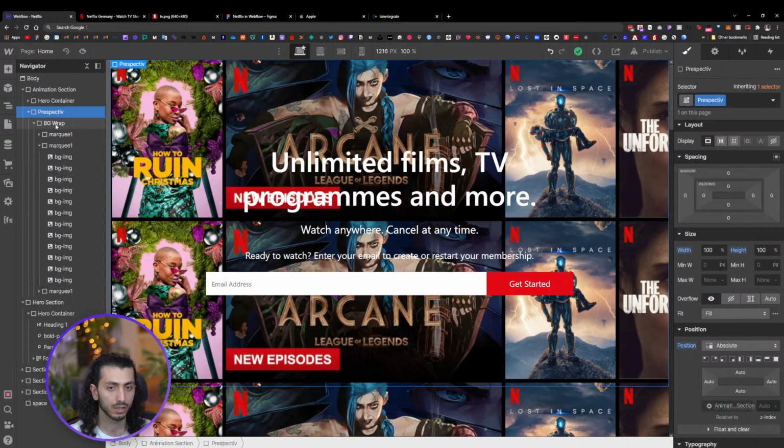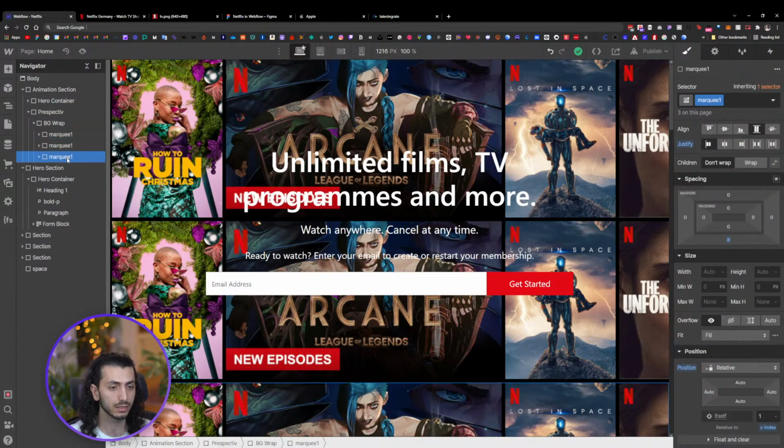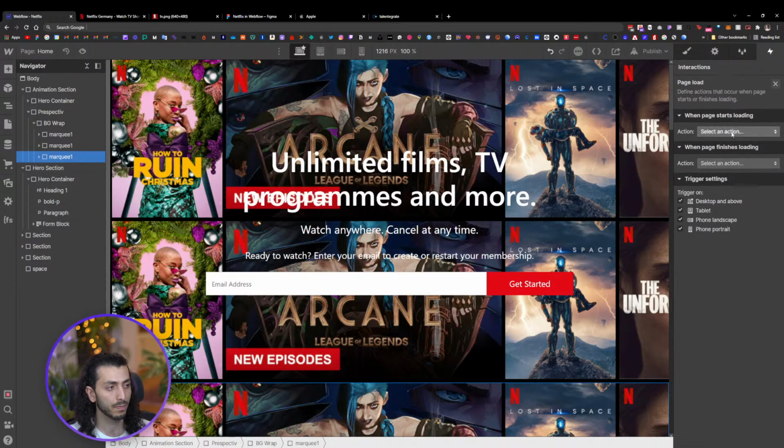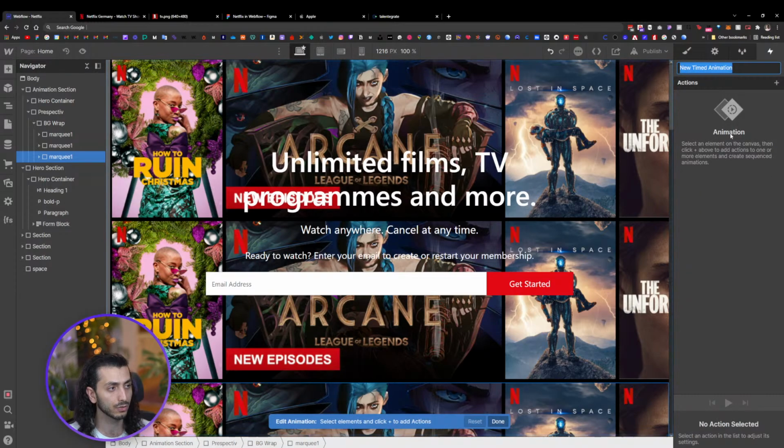So what do we have? We have these 3 marquees, and we want to animate them from left to right, for example. The way we set that up, we can go to the interactions, and now this time we want a page trigger. We want when the page loads, either when it starts loading or when it finishes loading. In this case, it would be better when it finishes loading, but when it starts loading, the animation starts faster, as soon as you enter the page. So let's do this one and create a new animation called